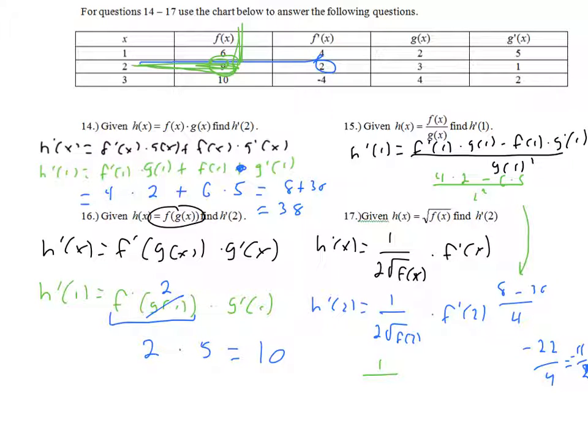1 over 2 times the square root of 9. So this is 9. The square root of that is 3. 1 over 6 times f prime at 2,